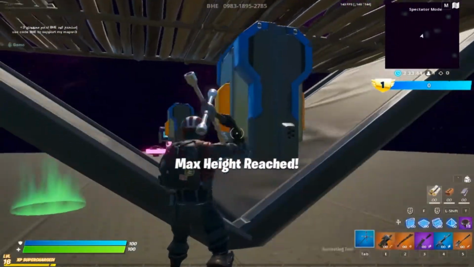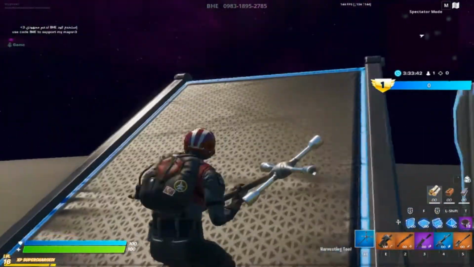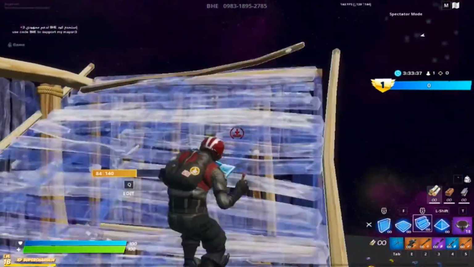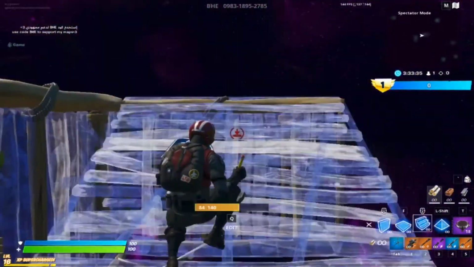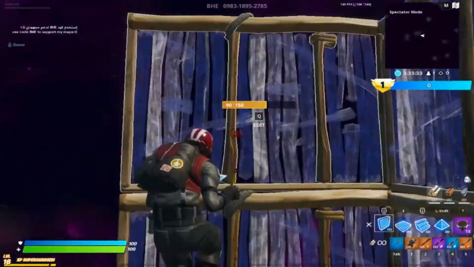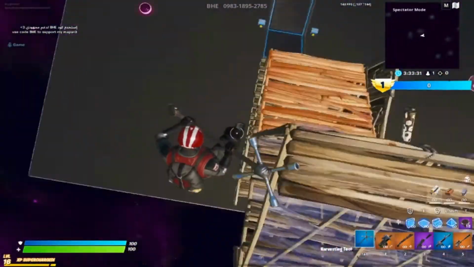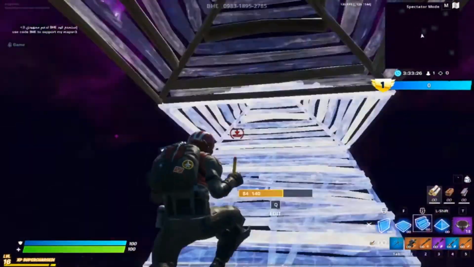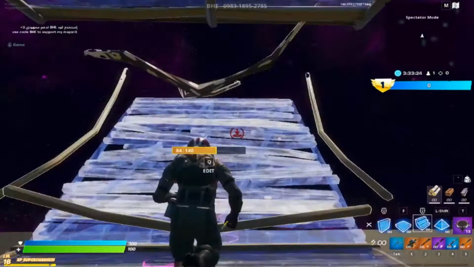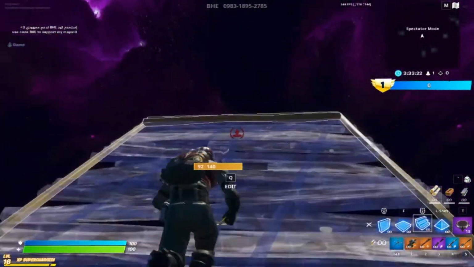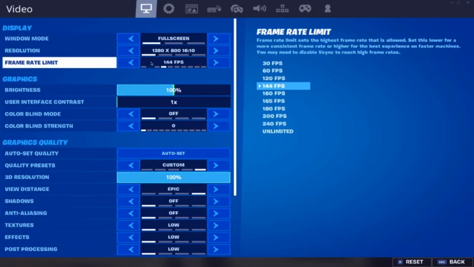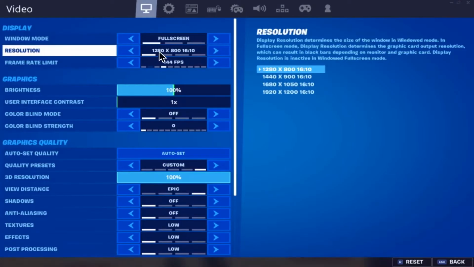And also, if you guys want to test it out for a big, large map, instead of going into a real game to test out your FPS, I would recommend using BHE 1v1 build fights and building a lot. That doesn't mean to build really high. That just means to build a lot and check out how you build and make sure you don't get any FPS drops. Just keep your eye on it. So that is my guide to FPS,